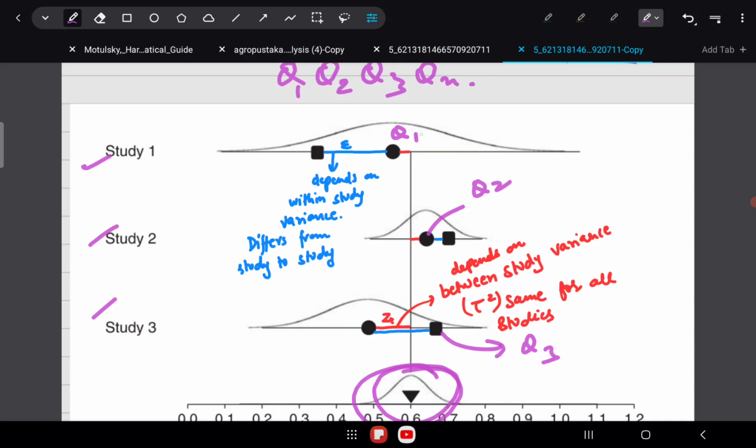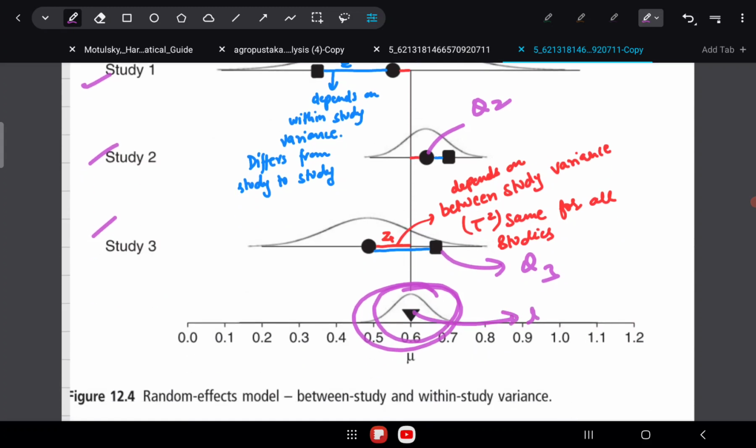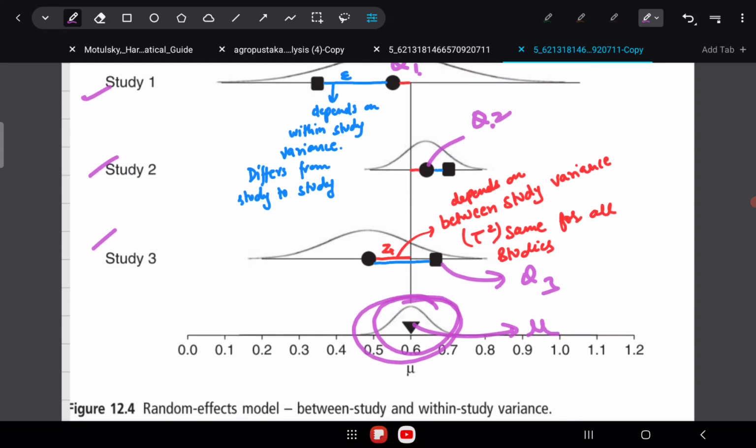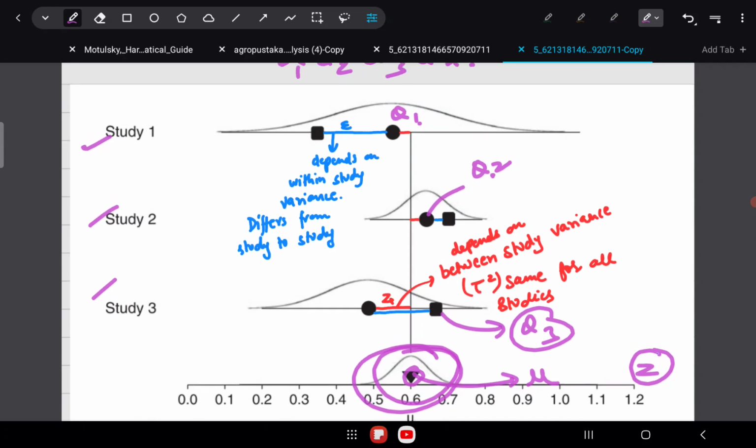And why are these thetas not the same, and what is this? This is the mu, that is the mean of the thetas, or the mean of the distribution of the true effects. So why is there a difference between theta and mu? We'll from now onwards denote it with zeta. So zeta is the difference between the mean of the distribution of true effects and the actual true effect of the study, right? That is the true variation actually. So that true variation is the difference between the true effect of the study and the mean of the true effects of the study. So that is zeta.